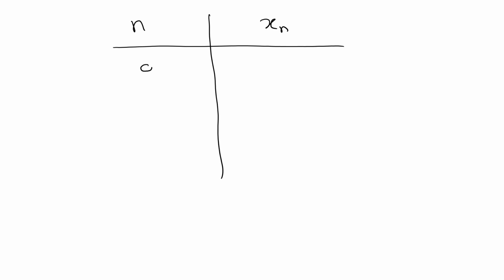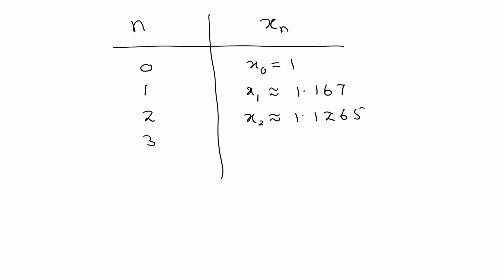So we're gonna create the following table. So for each n, we can start with the initial guess n equals 0. Let's say x naught equal 1, the initial guess, and then we start plugging those values. So for 1, you're gonna get x1 approximately equals 1.167, and then for 2, you can see that x2 approximately equals 1.1265, and then for the third one, x3 approximately equals